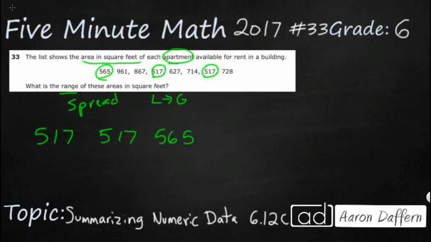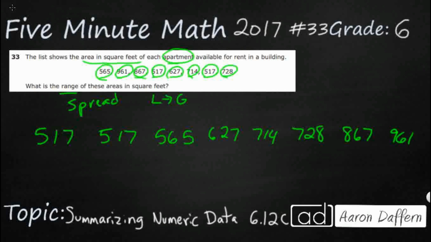Go slowly here. I've only got one 600, so that's going to be easy. 627. 700s, 2 of them. I've got a 714. Then I've got a 728. And we're just getting down to the end. 867. And then 961. So it looks like we've got all 8 of our numbers, and we put them in order from least to